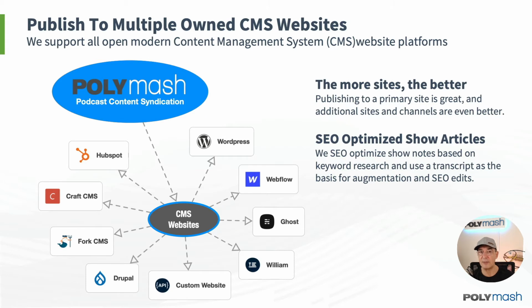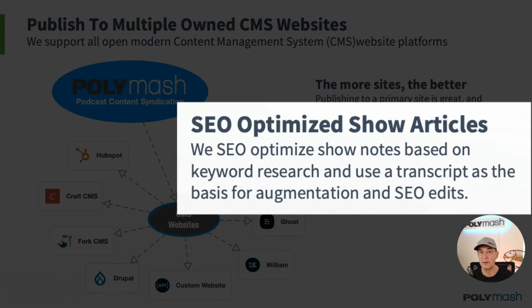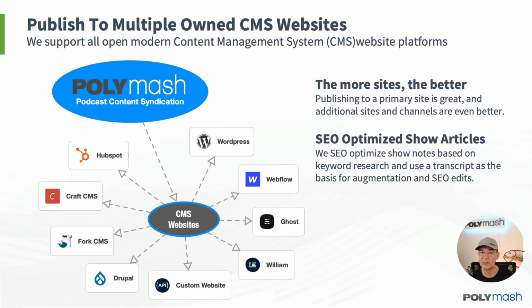And of course, what we're publishing, just as a reminder, are the long-form SEO-optimized show notes articles. We're going to show a couple of examples in the future, but they are basically augmented show notes based on a transcript, but not where the transcript is pasted in at the bottom. Instead, what we do is add and augment this with headings, subheadings, images, quotables, pull quotes, and a number of other things that make it appear to Google like these are authority, high-quality articles. And they usually are, because they're based on the conversation and the topic that you and your guest, or you in a solo episode, cover.